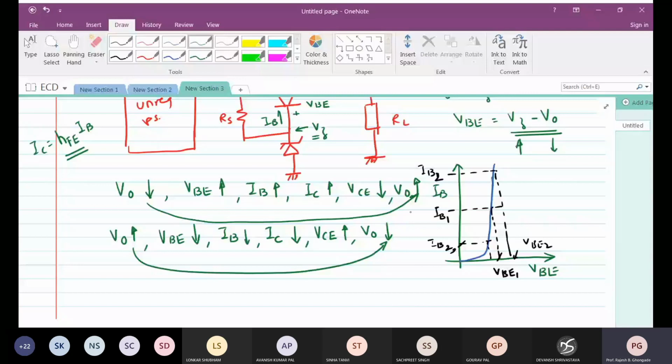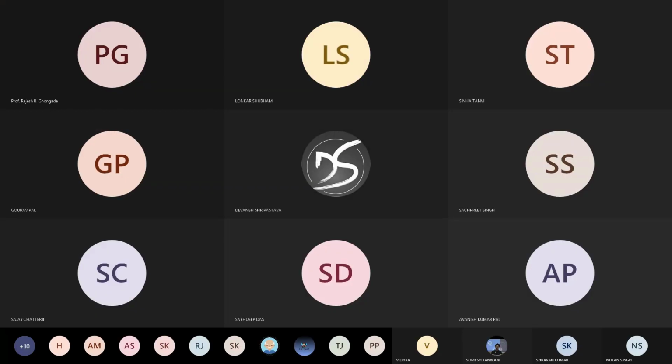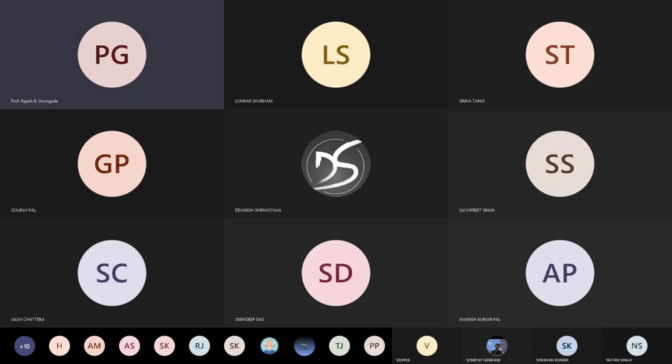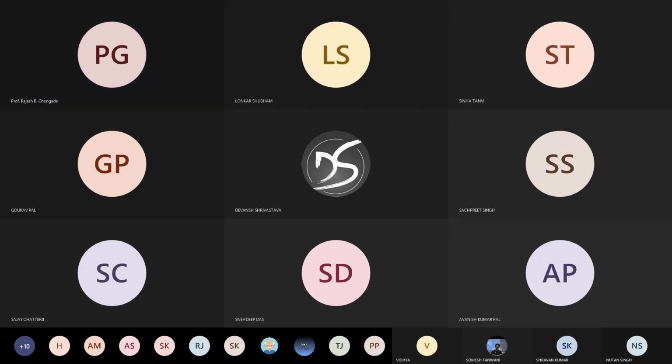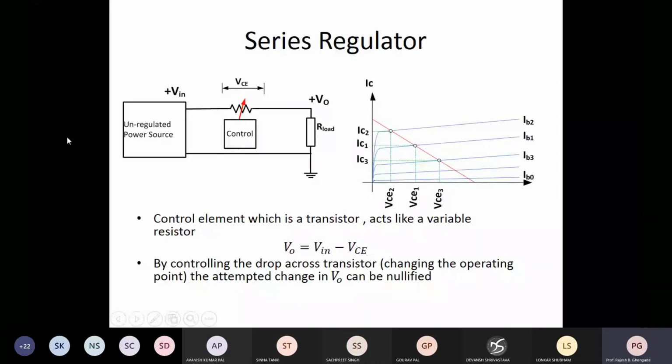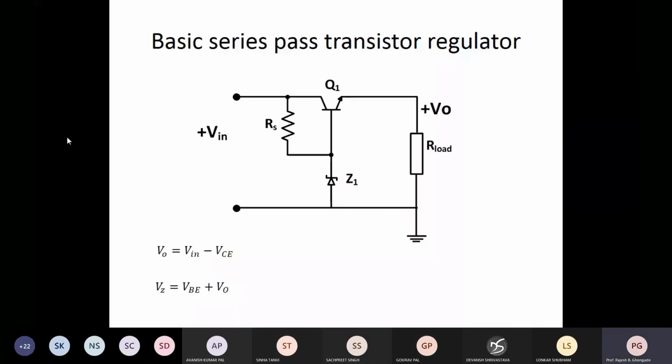Now I cannot go into more details because of lack of time, but we are supposed to cover quite a lot of ground. So I'll switch back to the presentation. Once you understand the mechanism, things are going to be very easy for you. Just hold on while I switch to the PowerPoint presentation. Okay, so this is what necessarily was there.